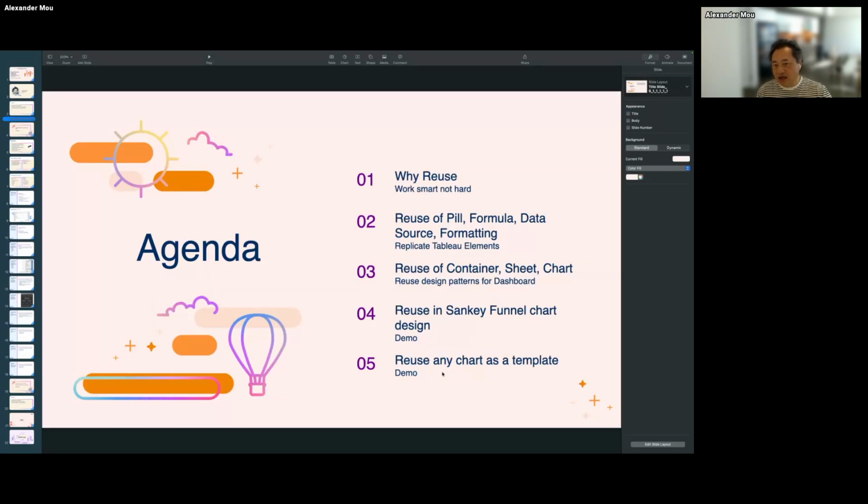Okay. Actually, today I just want to give a review of all the possible reuse that I know. In Tableau they embedded a lot of functions to help people like us reuse things.